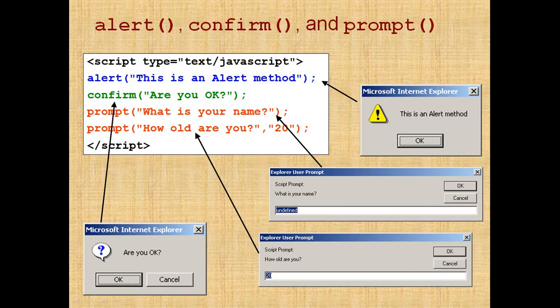Next, we use 3 types of functions: alert, confirm and prompt, to print some message on the screen. The first one is confirm. By confirm we get a simple message like this: OK and Cancel buttons will be present on this confirm. Alert will just give you a warning type message, and prompt will ask you to enter some information, like if you want to enter what is your name or how old are you, then you have to use these prompt types. So this is the simple example of JavaScript's